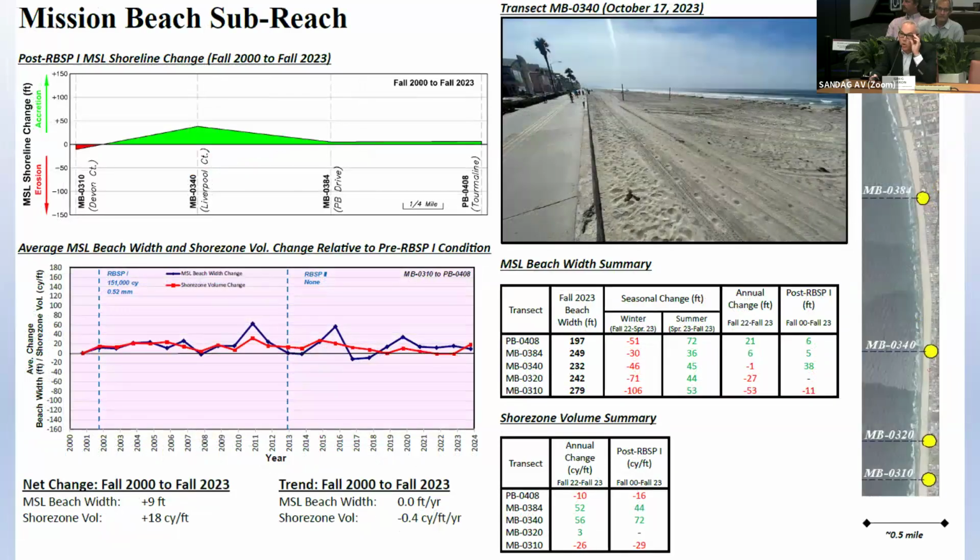Okay, it's coming around the corner into the Mission Beach littoral cell. The average beach width change over here in the last 23 years is a gain of 10 feet. It's a pretty flat trend. We received material from Regional Beach Sand 1, not from Regional Beach Sand 2. And what I'm missing on this plot right now is there's 450,000 cubic yards placed by the Corps here in 2010. So that's contributed to the relative stability in this region.